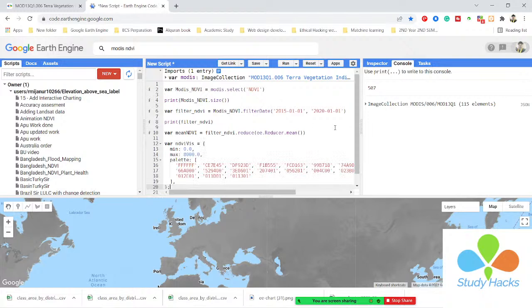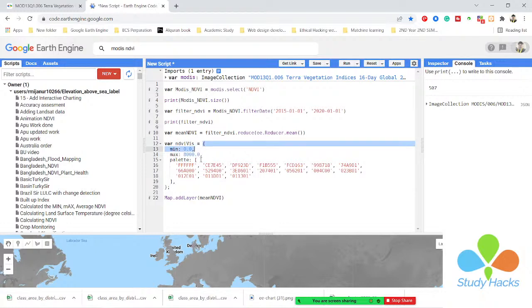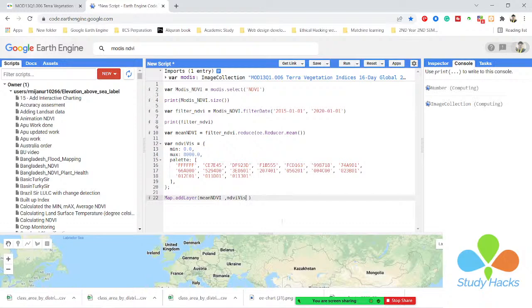This time you can see in this code they made a dictionary using curly brackets, and within this dictionary they provide the mean pixel value. It shows the mean pixel value from 0 up to 8000, and it also shows different types of color palette like this. Now I want to add this visualization parameter to my map. We already know that after the object name we always put the visualization parameter. My visualization parameter variable name is ndvi vis. I simply copy and paste it here, then click run. So now we get the colorful map